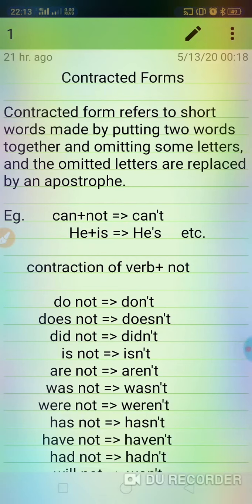We will study about contracted forms through this video. Students, as we have read about contracted form given in the second chapter of English grammar, contracted forms are very important and useful because these forms shorten our speech and writing. Here, contracted form has been explained. So let's start. What are contracted forms?